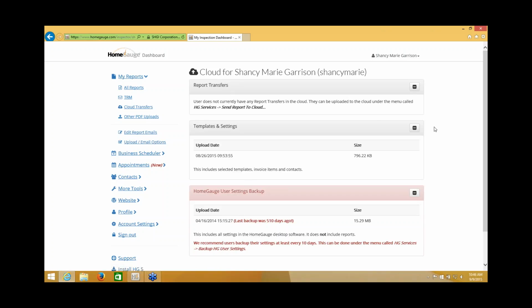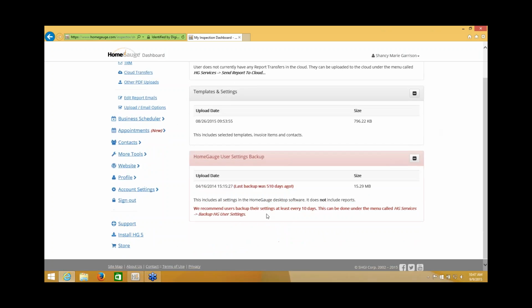And now I've cleared them all out. There's a few other things you can see from here. You can see the last time you sent your template to the cloud, which you need to do if you're using the companion. And also if you've backed up your settings, periodically the software will ask you to back up